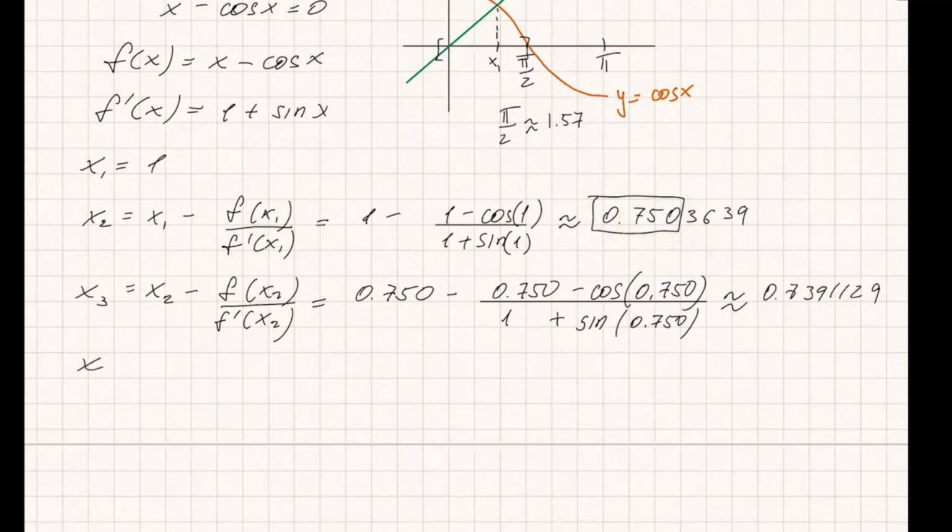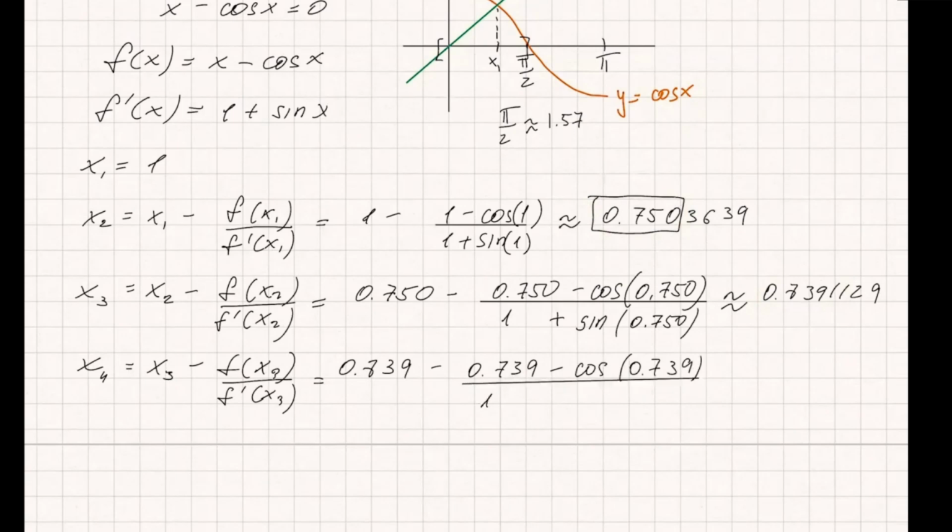The next iteration, x4, is going to be x3 minus f of x3 over f prime of x3, which is 0.739 minus cosine of 0.739 over 1 plus sine of 0.739, which is approximately